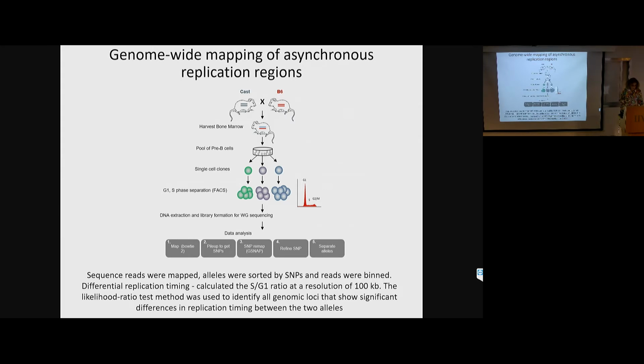We first get the SNPs. Then we realign the SNPs, and then we divide the alleles according to the SNPs. And then we calculate for each position the S to G1 at a resolution of 100 kilobase, okay? And then we had a statistical method that will allow us to tell whether the differences that we see are